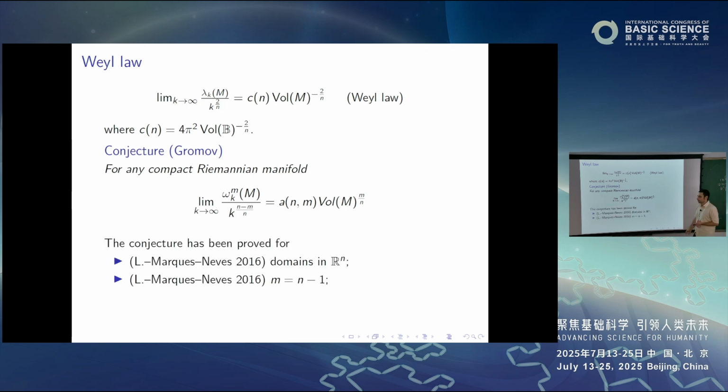And so the current status of this result is that we proved it with Fernando and Andre in 2016 for families of codimension 1 cycles, for hypersurfaces. We also proved it for all m for domains in Rn. Then with Larry Guth, we proved the case of 1 cycles in 3 manifolds. And recently, my student Bruno Staffa proved it for 1 cycles in all dimensions. Yes?